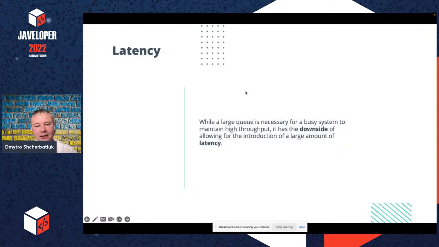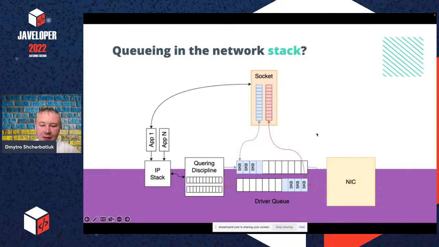Latency. While a large queue is necessary for a busy system to maintain high throughput, it has the downside of allowing the introduction of a large amount of latency. So what does it mean? It means, for example, that when the queue is large, we will have, for example, different